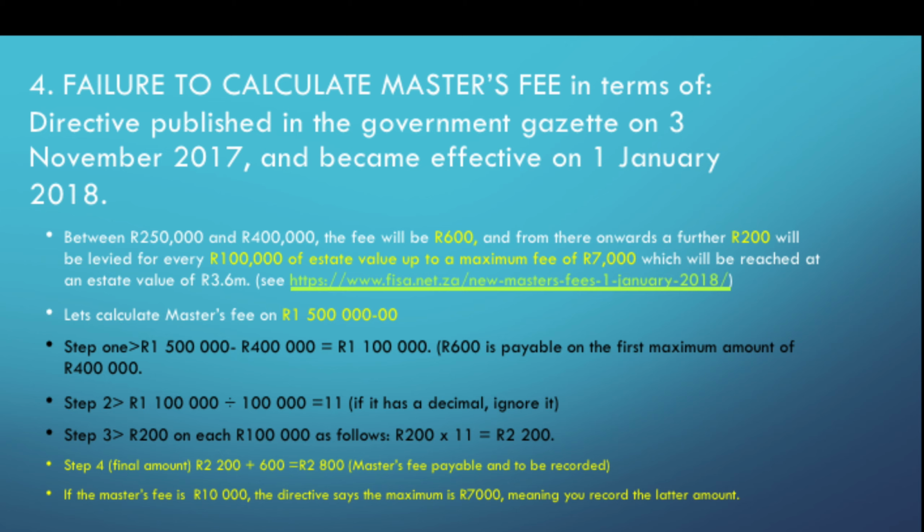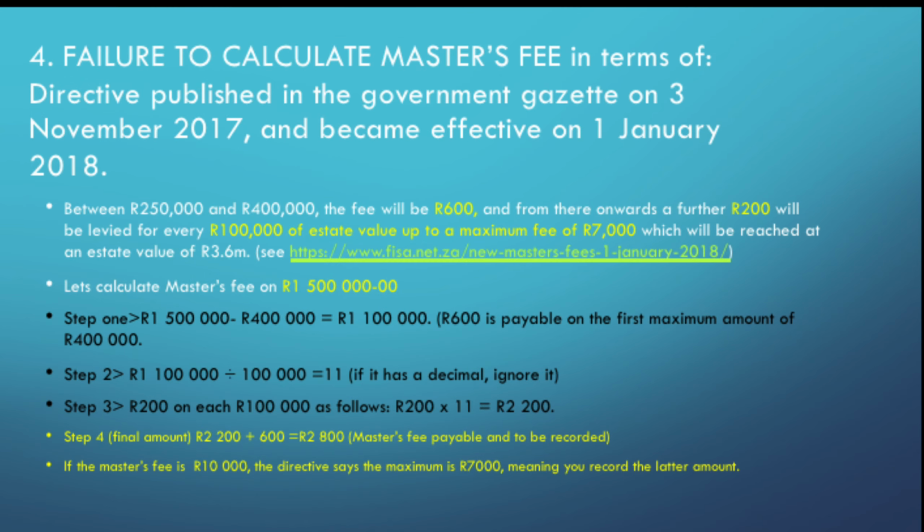What is this 11 for? It is the 100,000s that are remaining in our 1.1 million. So we have a total of 2,200 rands. Now step 4, this is the final amount. Your final amount is going to be 2,200 rands plus 600, which equals 2,800 rand. So the master's fee that is payable and that is to be recorded in your L&D is